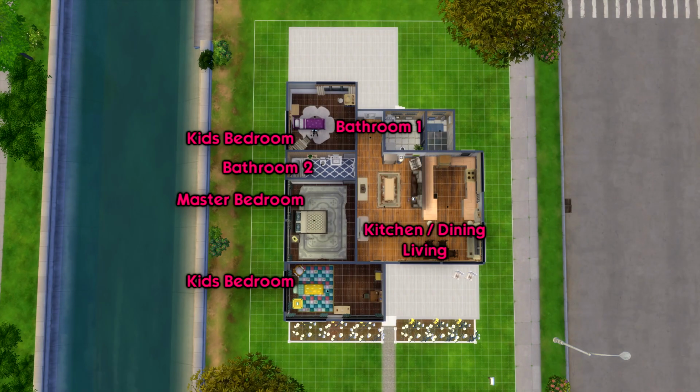So that's the floor layout there. You can see how that's all laid out easily enough. So kitchen, dining, living all in one space, bathroom 1, bathroom 2, and the 2 kids' bedrooms with the master bedroom in the middle there. And that's our